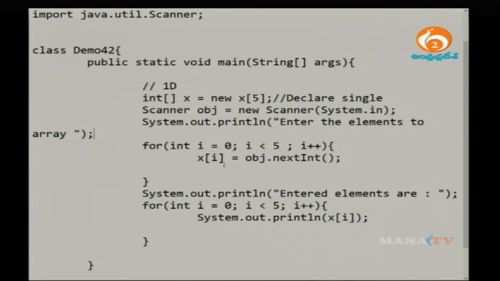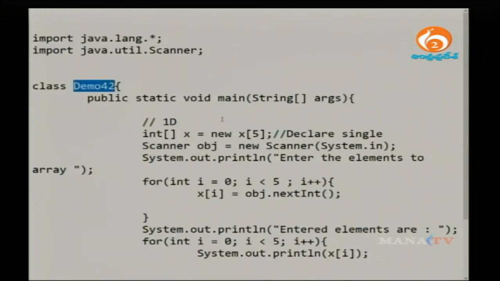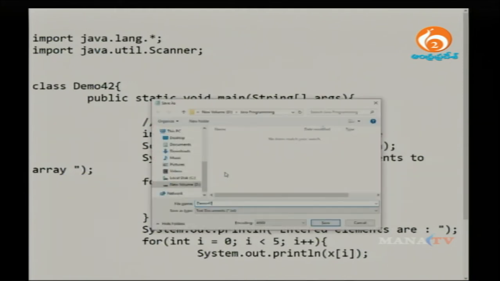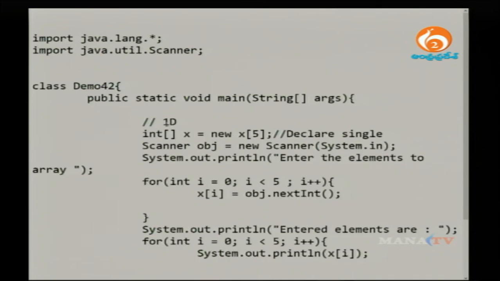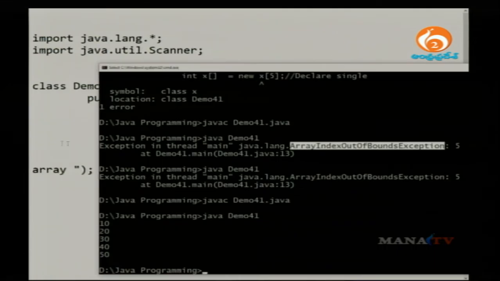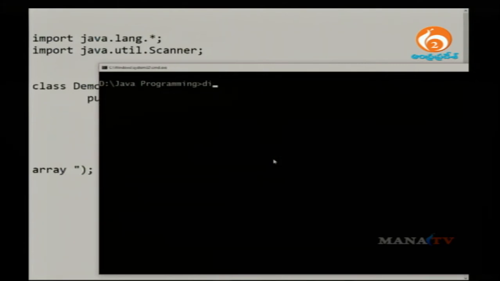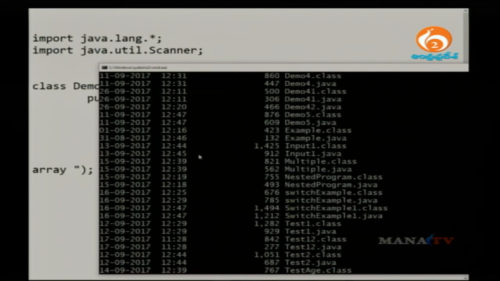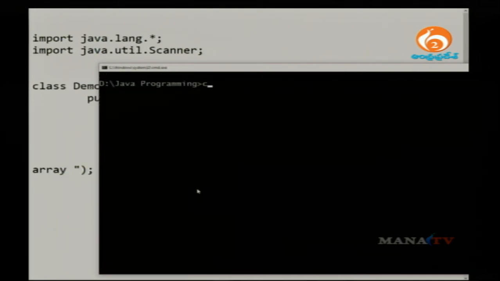Now let me save this program. The program name is demo42, with extension .java. Now let me go to a command prompt. Within this command prompt, search for the file you are looking for. I am looking for the file called demo42.java. Now let me compile that program, javac followed by